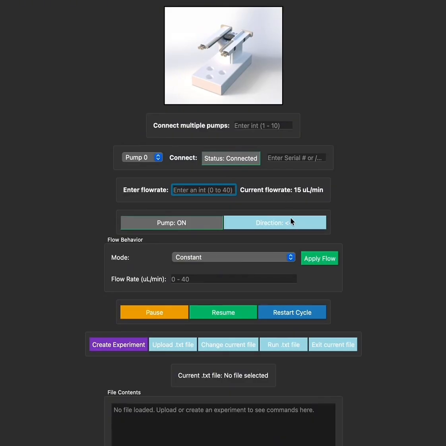We can also adjust the direction by clicking the toggle button. This will adjust the syringe between the infuse and the withdrawal. Those are the two directions. So we have the different modes of the flow behavior. We have the constant, we have the pulse, we have the oscillation, we have the pulse of